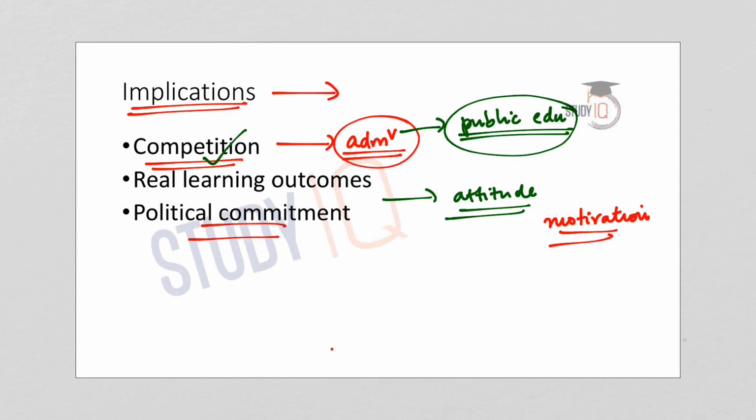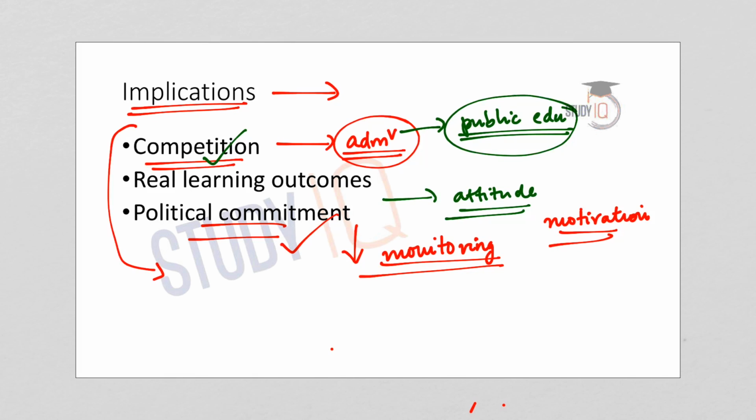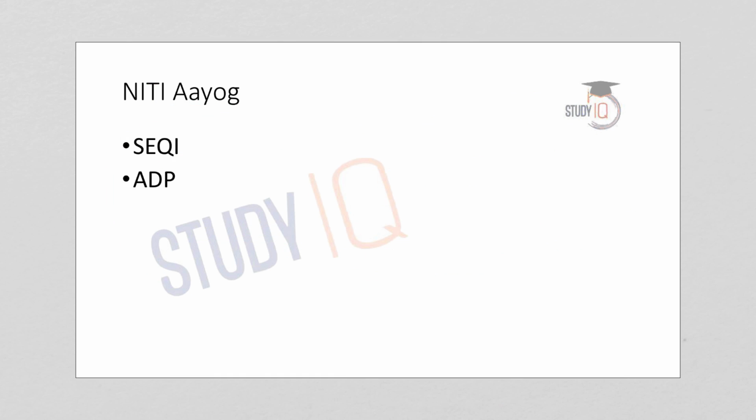And above all, it shows a political commitment in order to improve the quality of education. So there are also proper monitoring mechanisms and assessments before according the title of Saksham. So it shows that the state government or the political administration or the executives in the states are committed towards achieving better targets. So in all these ways, such type of initiatives in order to improve the quality of learning is a welcome step.